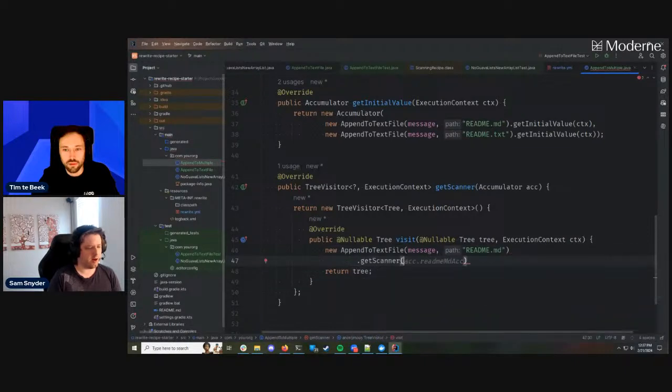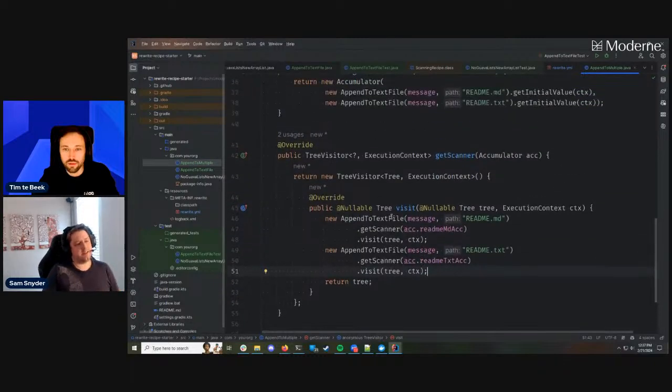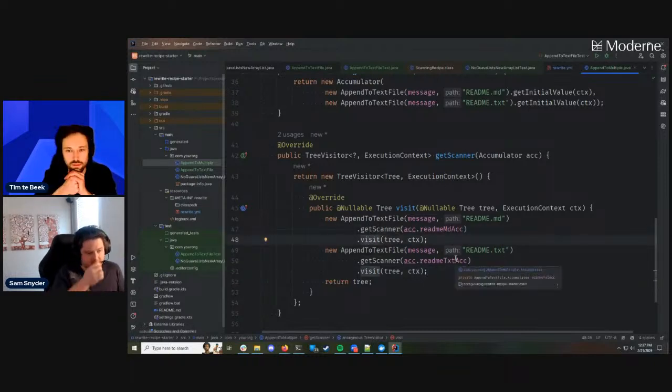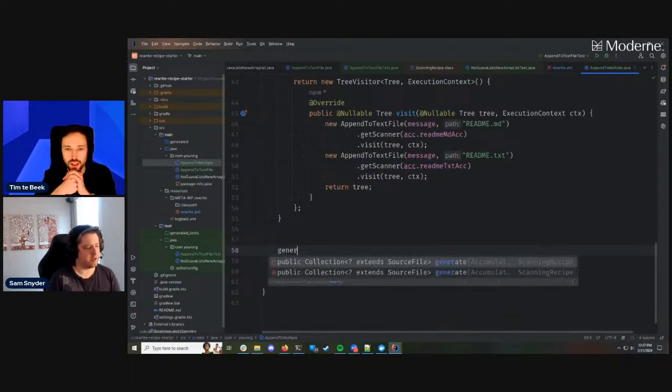Get scanner. And similarly, you see that I'm getting the scanners from the scanning recipes I'm using, and making sure that during the scanning phase of this recipe, which contains them, I give their scanners a chance to see the tree we're looking at. And then similarly for the generate step,